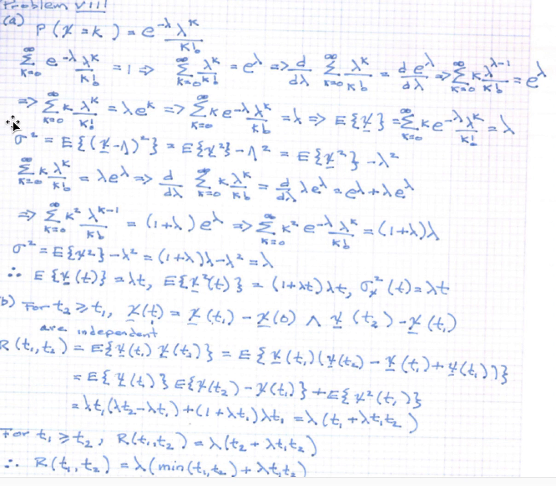This, of course, implies the summation k equals 0 to infinity of k times lambda to the k over k factorial is equal to lambda e to the lambda,